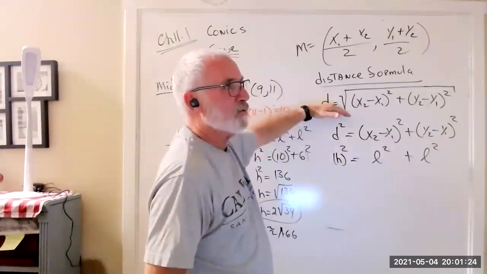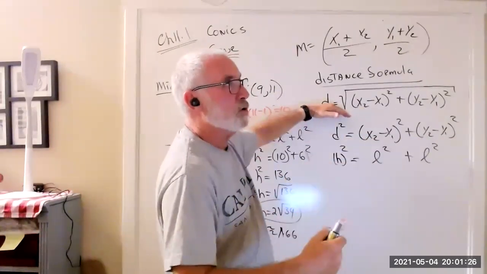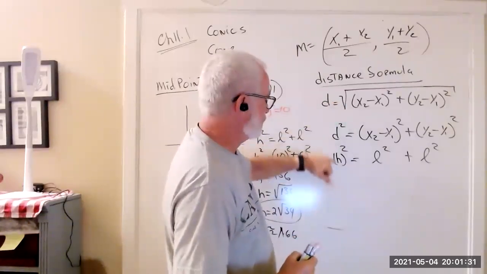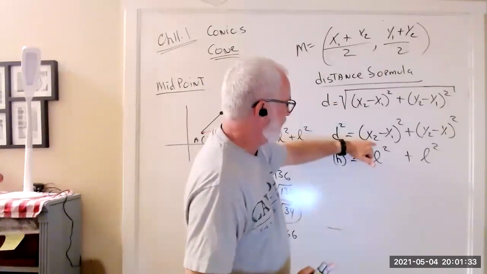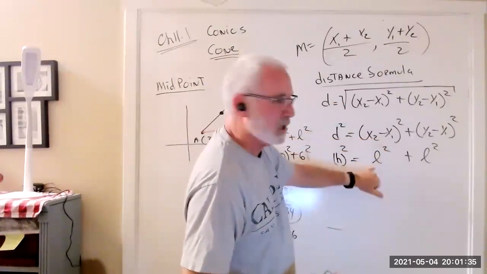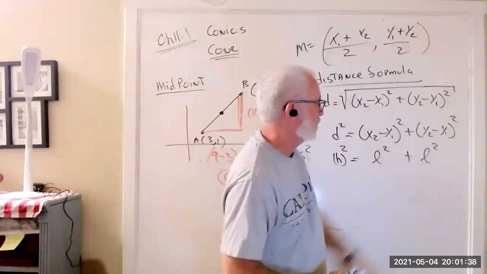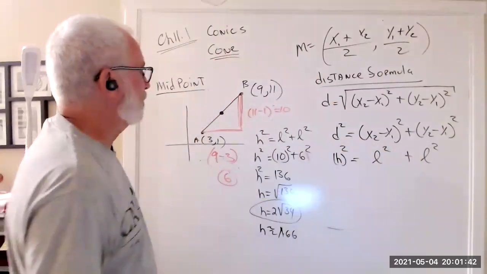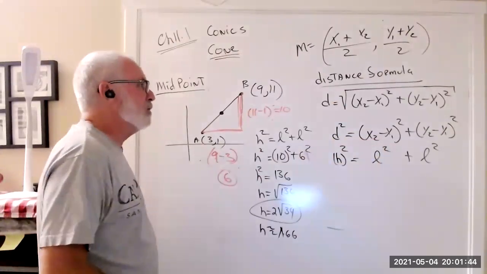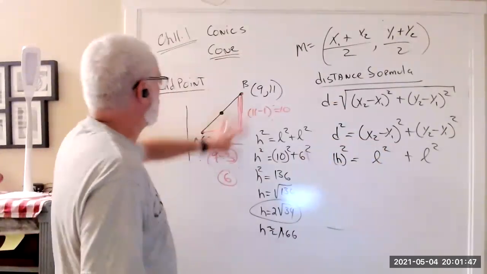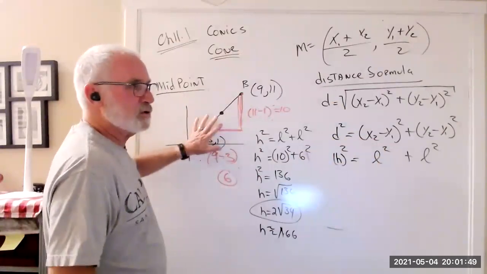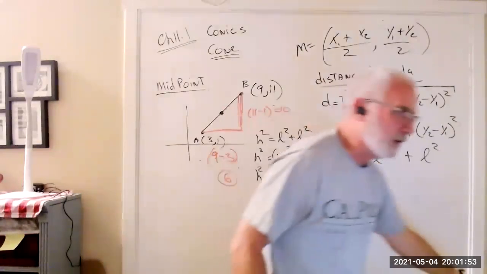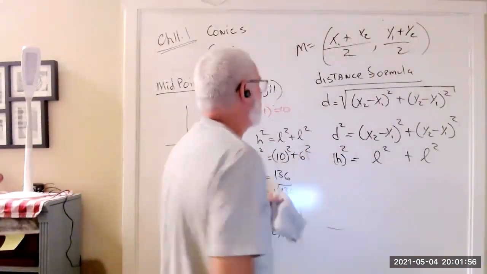It's making a more formal use of Pythagoras. So the distance is really the hypotenuse, and this x2 minus x1 is really a leg squared, a leg squared. All right. But the question Lindsay was asking, and I know a couple other people were, is does it matter whether you use Pythagoras to find the length or you use the distance formula? And for me, I don't care. So with that being said,